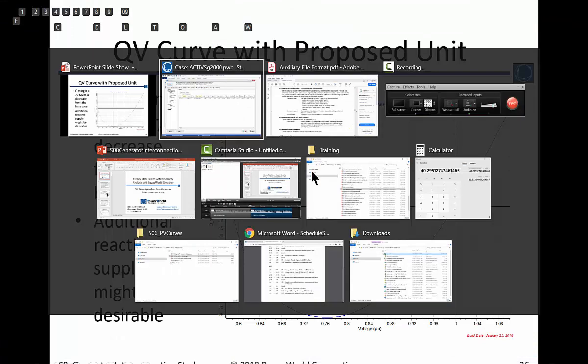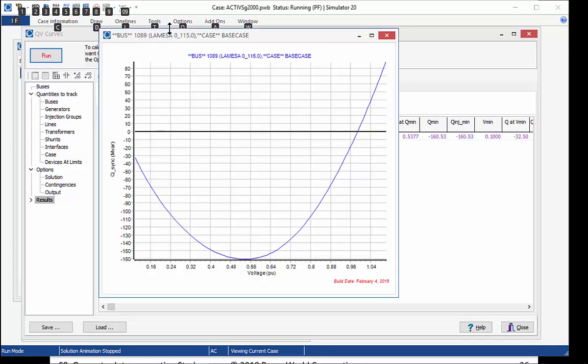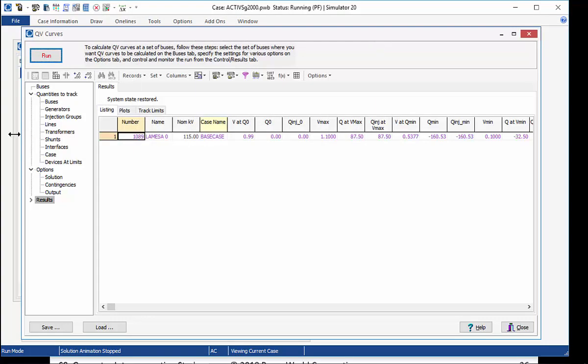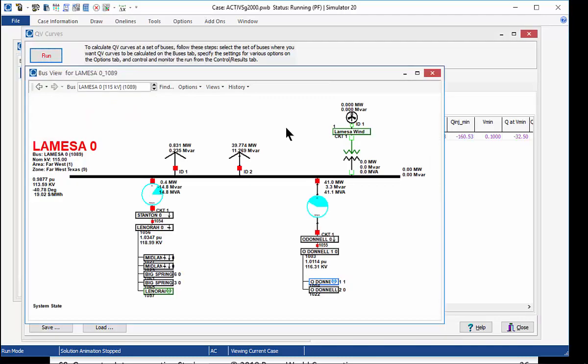Okay, and then with the proposed unit, we might just repeat this exercise with the unit in service. So go back to my one line diagram. Put the unit back in service, solve the power flow,